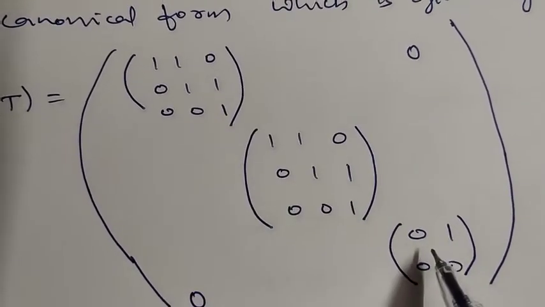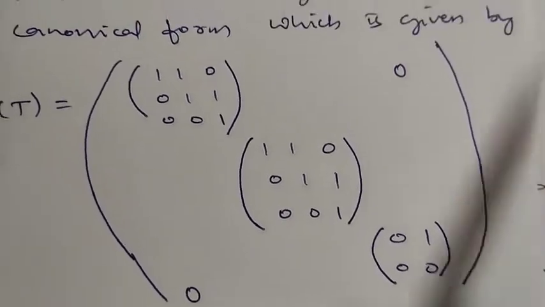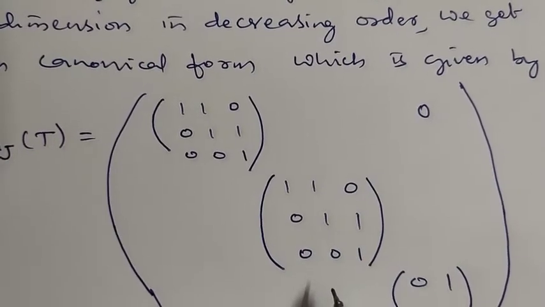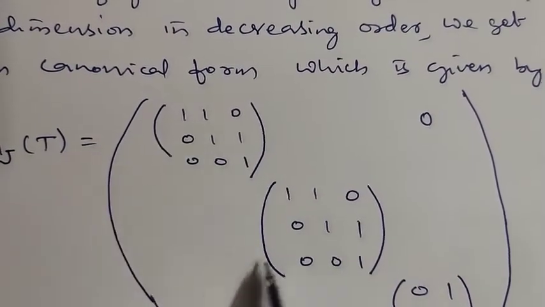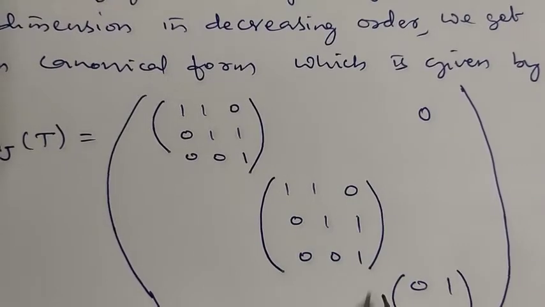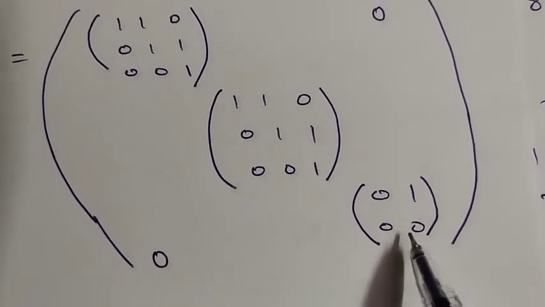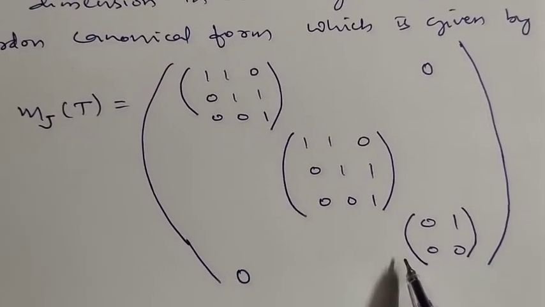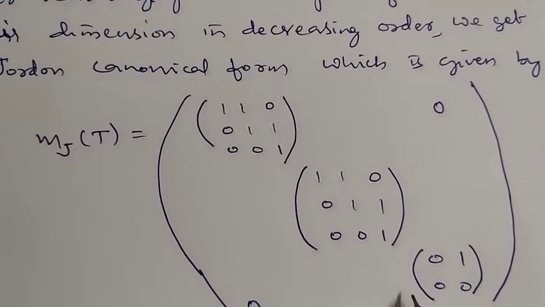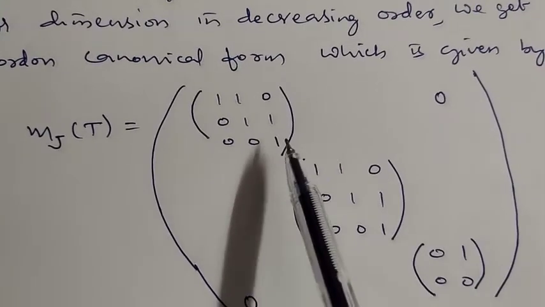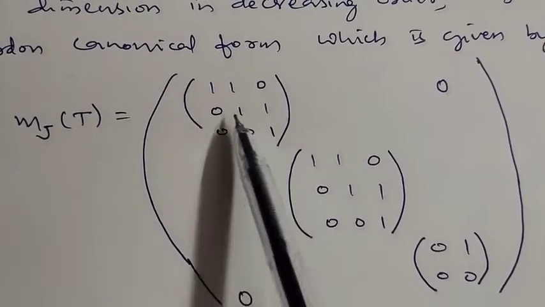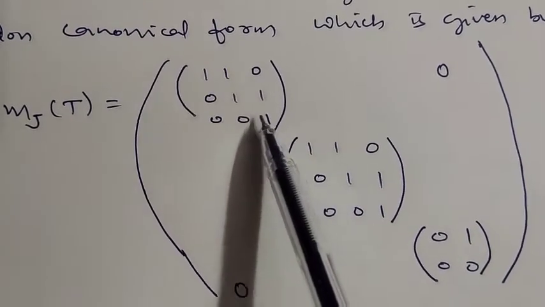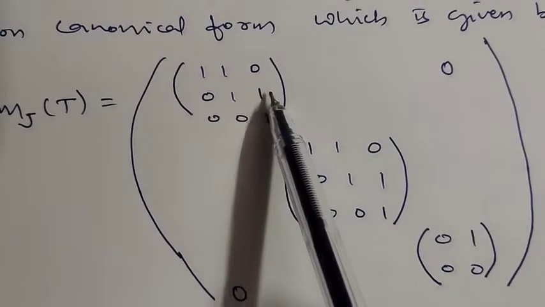These are B1, B2, B3. What is J1? J1 is this one, containing this matrix, and J2 is 0, 1, 0, 0. So this is one example where we can calculate. You have seen the B_i's contain the lambdas on the main diagonal, here 1, 1, 1 being the eigenvalues, and ones on the super diagonal.